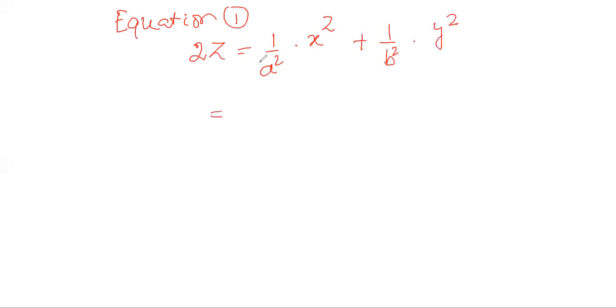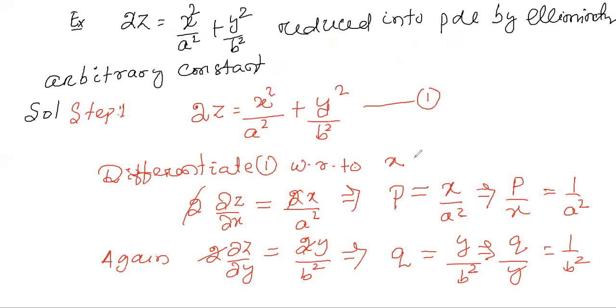So this is equal to c. 1 by a square is replaced here. What is this value? 1 by a square. See, 1 by a square. Equation 1 reduced to